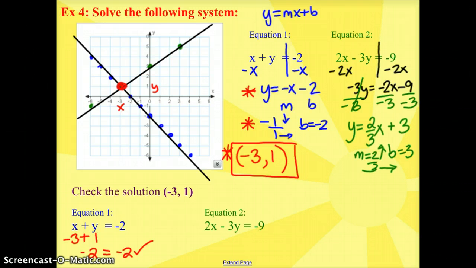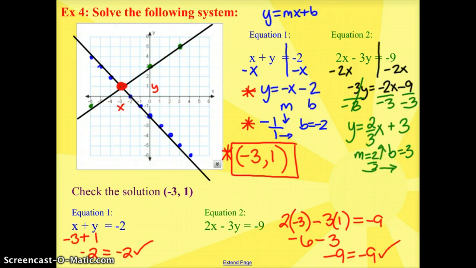The first equation works. My second equation, 2 times x minus 3 times y should equal negative 9. So I get negative 6 minus 3, and I get negative 9 equals negative 9. It works. Therefore, I know that my solution, negative 3, 1, is correct. And that concludes